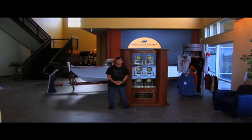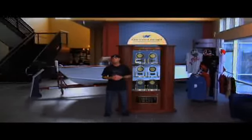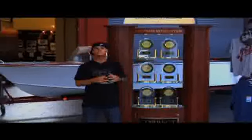Hey everybody, Sean Murray standing here in the lobby of the Nautique factory. Now Nautique is an industry leader in performance, quality, and reliability. And it's shown pretty much in this stack of trophies next to me right here. Now these are an example of the dedication, the hard work, and integrity that all the Nautique employees put into